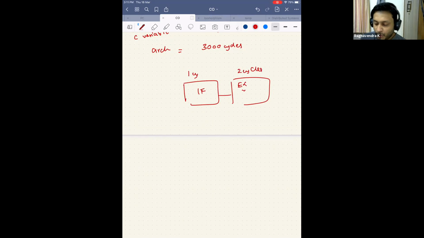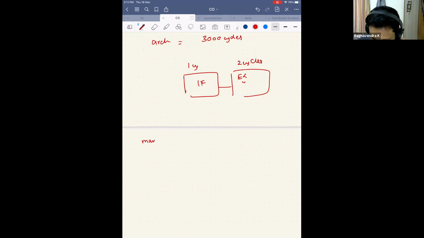Now, what will I do in my processor? Let's say I'm building the simulator. I will have a main function and a global variable called my clock equal to 0. You need not have it as a global variable, but let's say I do. I've just initialized it with 0. If you are a C++ geek, you will know that it will anyway be initialized to 0. But anyway, in the main function, I will call instruction fetch.